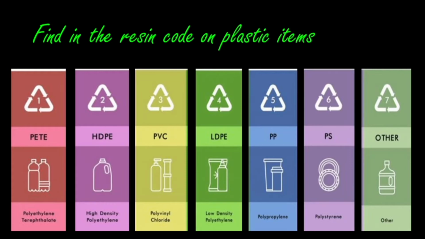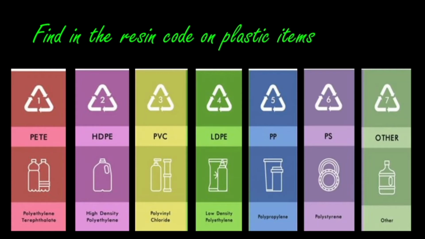Okay, see which category it comes under, 1 to 6, which type of plastic product we use, and what chemicals are used. Okay, so the resin codes are shown as 3 chasing arrows in a triangle. 3 chasing arrows in a triangle, and either a number or a letter acronym is present here. So the number is in the middle or the letters are under the triangle. Either one of them is used to tell what the product is made up of.